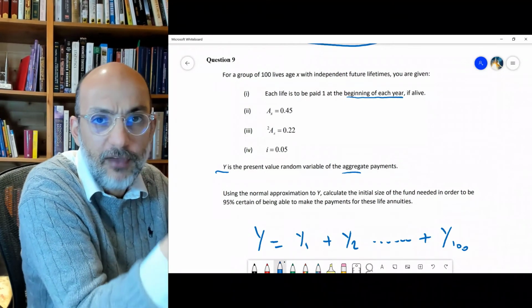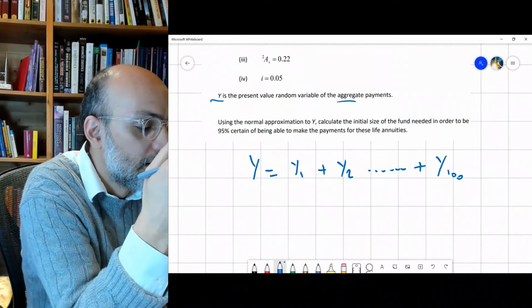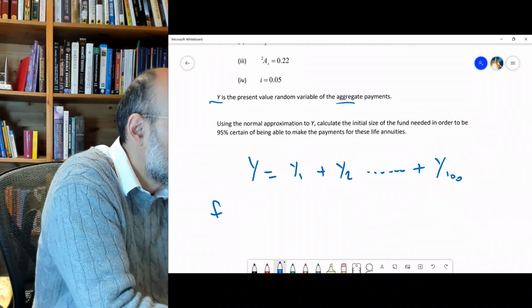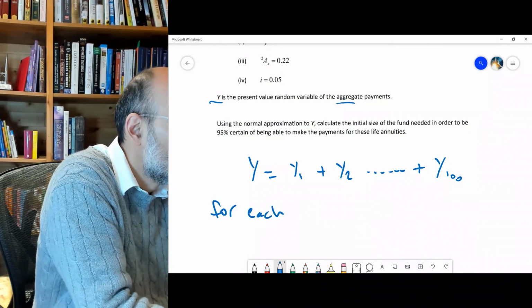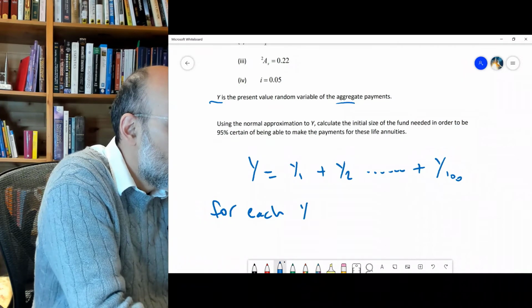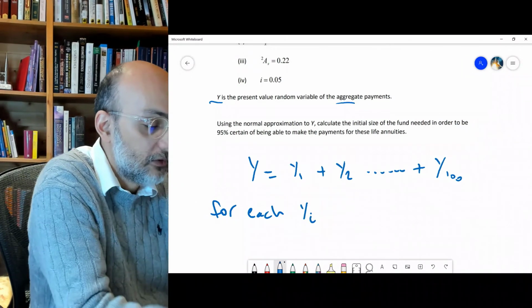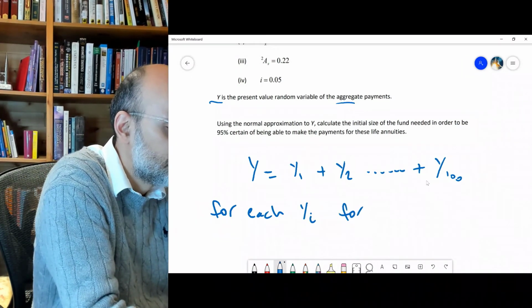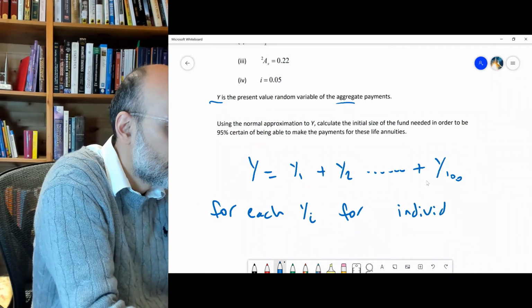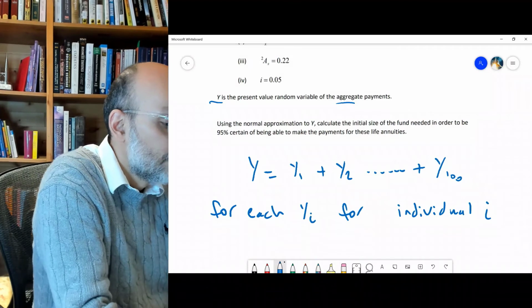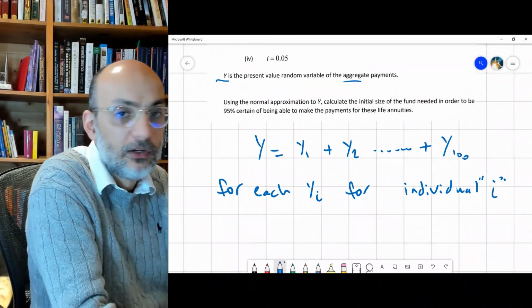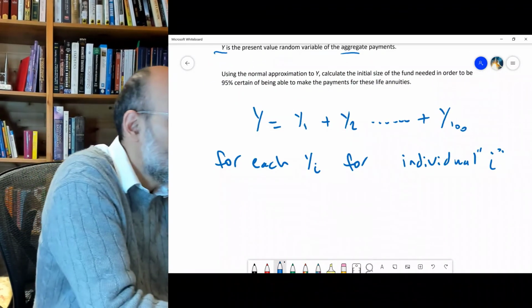So it's a life annuity, the usual one. So for each Yi, for one individual, one person, the expected value of Y